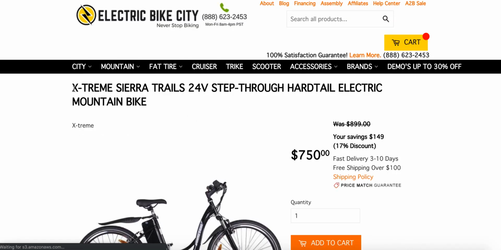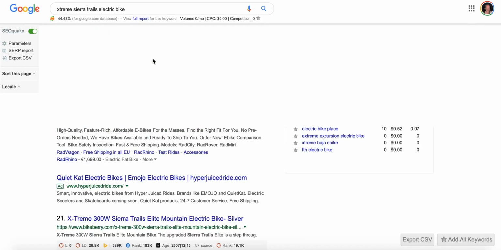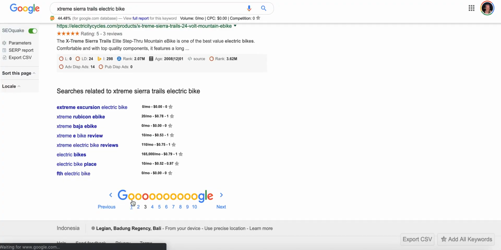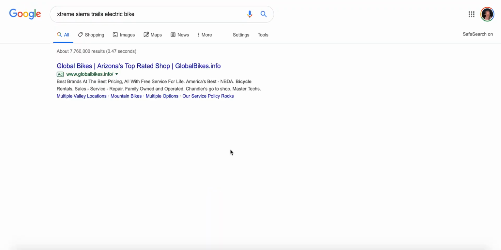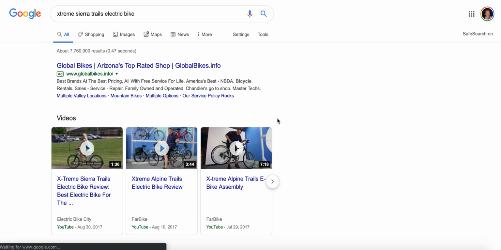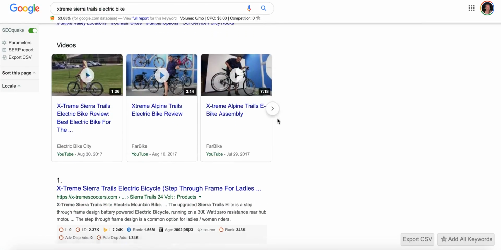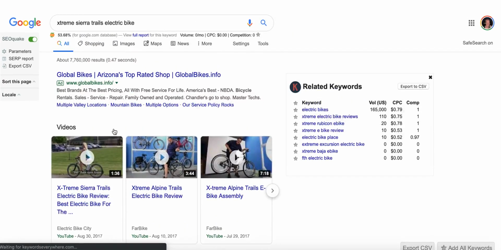And what you do is you take the name of the product and you type it into Google and you try to find all the other niche stores that are selling it. Now, Google Shopping works great for this, and I would recommend Google Shopping, but you can also use Google Organics, right? Either one's fine.